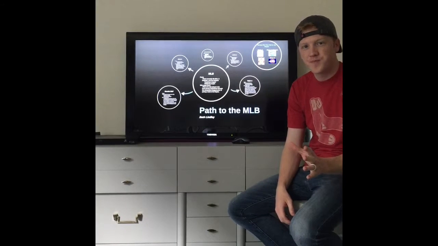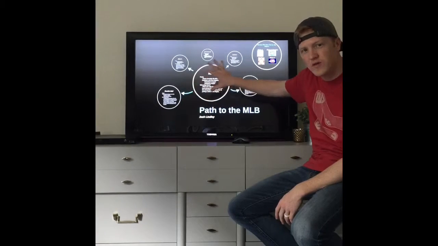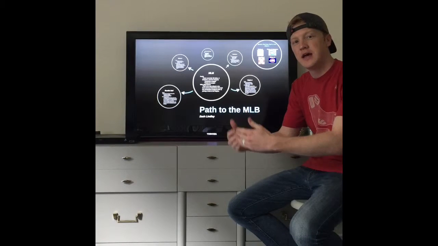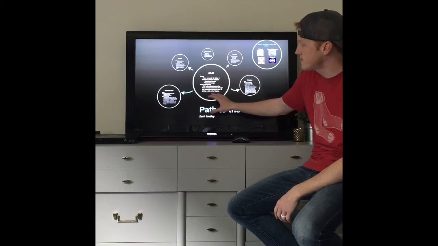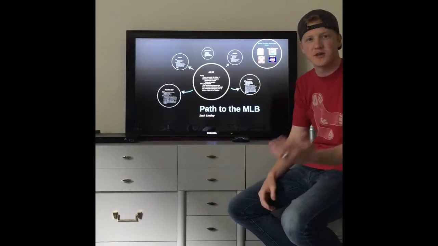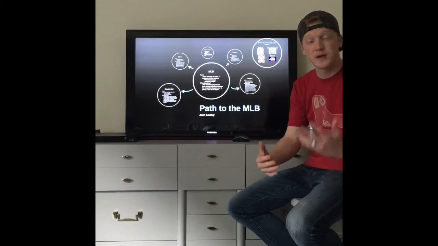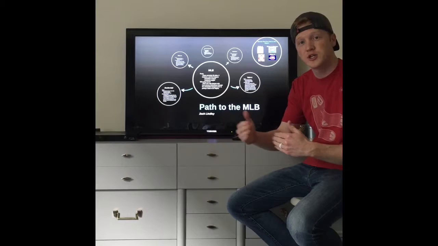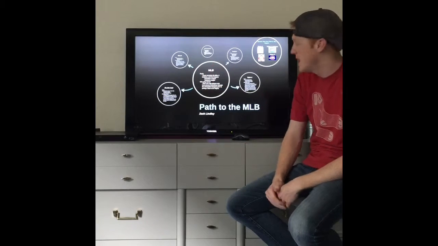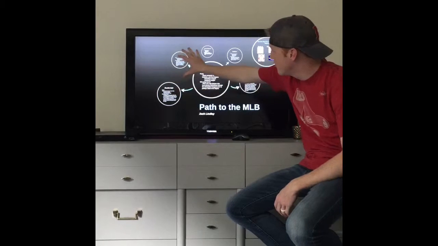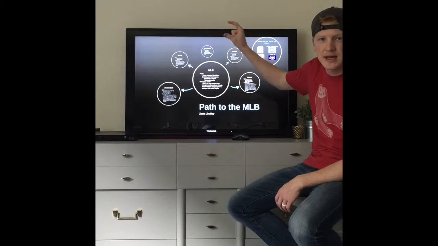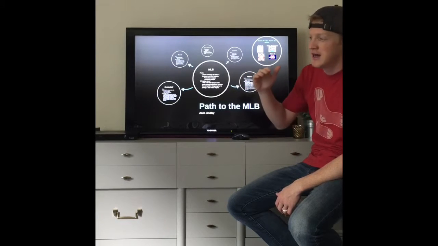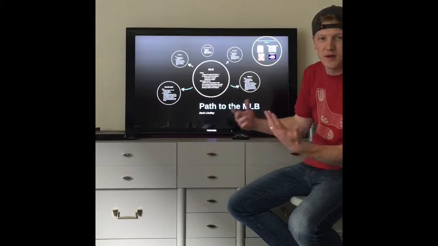So what I wanted to do today was explain a little bit of how the minor league system worked and where these players actually end up after they get drafted. Obviously I left out college ball because we're just going to assume that the players are in college rather than high school, because MLB can draft out of high school. But we're just going to assume that these players came out of college and now they're into the minor league system. And what I want to do is start going by level, just explaining the different stages of minor league baseball, all the way until you get to the major leagues where everybody hopes to play.